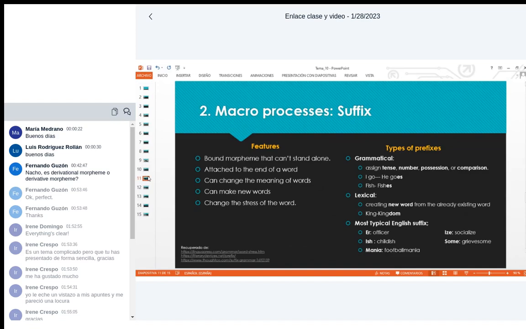We saw last Saturday that if we join a suffix to the word, depending on the suffix and depending on the origin of the suffix, whether it's Latin, French, or German, it might change the stress of the word. We saw the difference between kingdom and